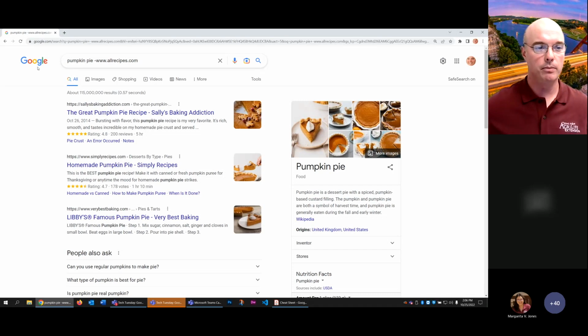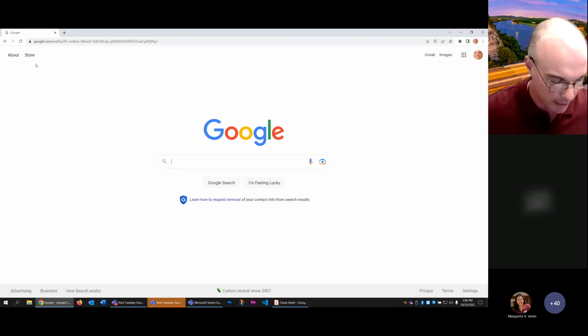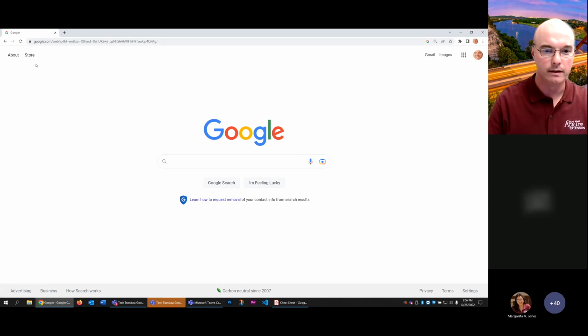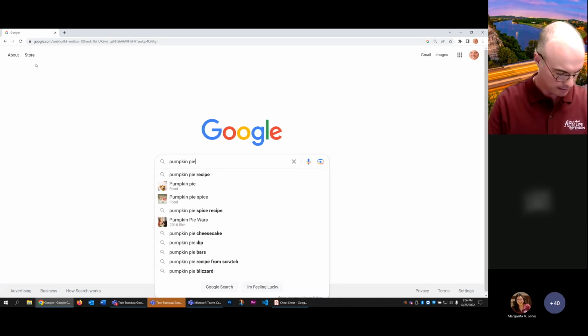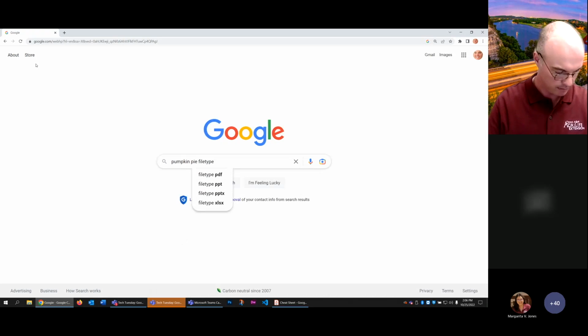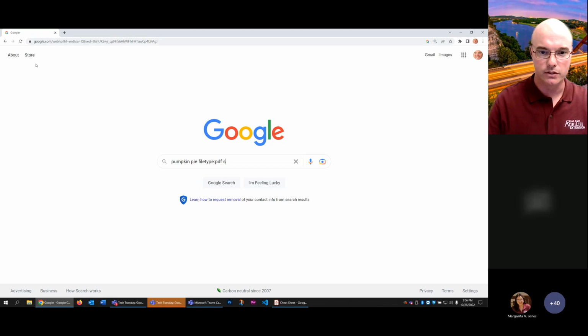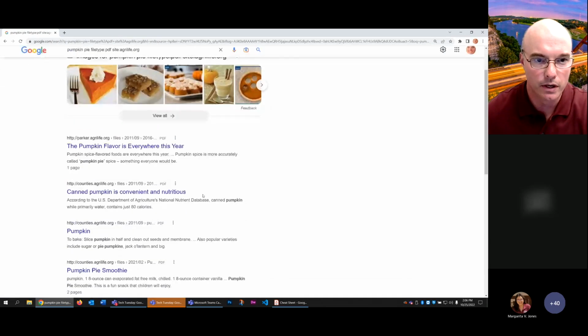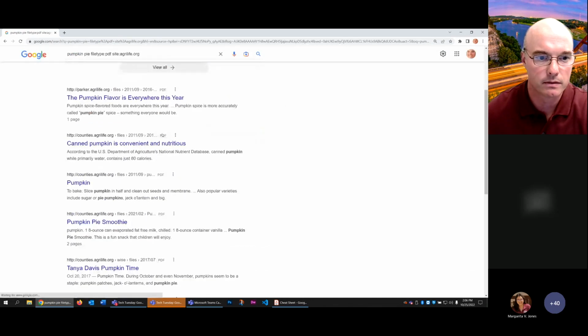The other one I know that a lot of people like to do is maybe you want to find something printer friendly, like a manual or a recipe. Well, the way you do that is you use the file type command. So we're going to do pumpkin pie, and then we're going to do filetype:PDF, and then we're going to go ahead and search the AgriLife website. So site:agrilife.org. And so what this returns is just PDFs from that website or that domain that I specified